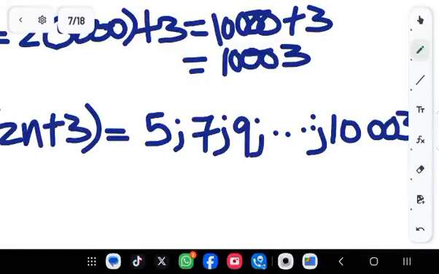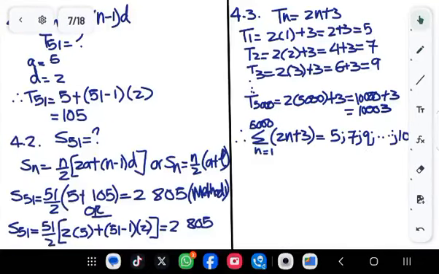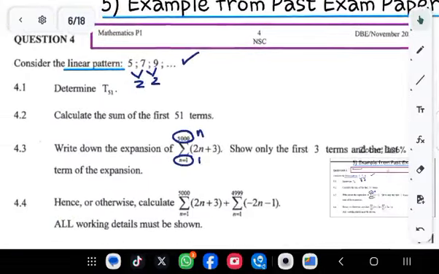10,003. Sorry, I missed a 0 over there. And that's how you write this in expanded form. Now question 4.4,